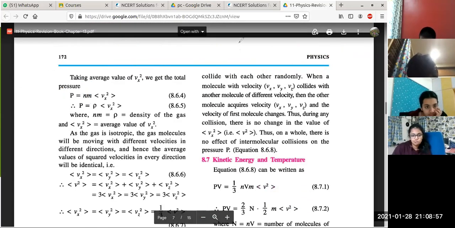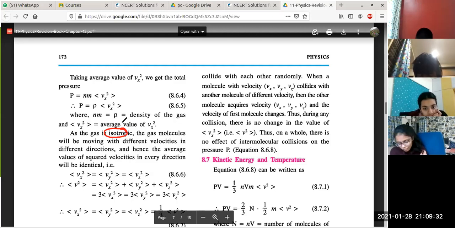When you say that something is isotropic, it means it is the same in all directions. There is nothing direction specific. For example, gravity is not isotropic, it always acts downward. But diffusion is isotropic. Suppose you are burning an incense stick in this room, then the diffusion of the incense will happen throughout this room irrespective of direction, in X, Y, Z all three. That is called isotropic.